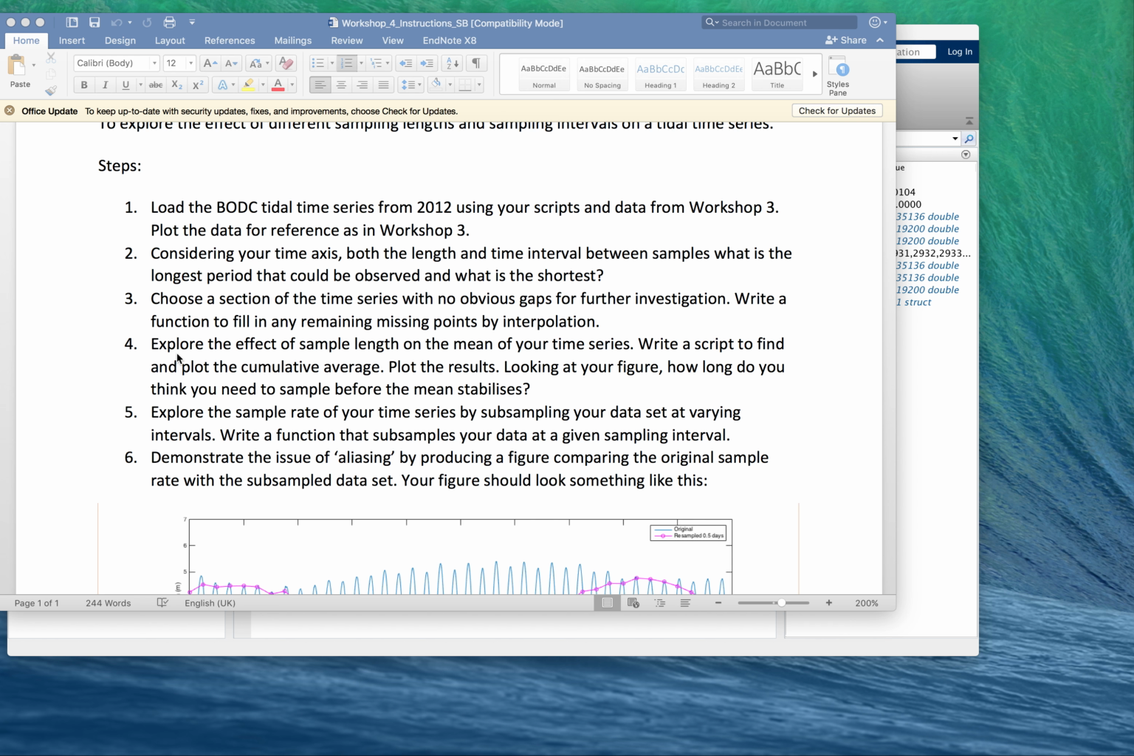And step 4, we look at step 4, it says explore the effect of sample length on the mean of our time series. Okay, so we need to write a script to find and plot the cumulative average, plot the results, and try and find out how long we need to sample before the mean stabilizes. So what does all that mean? Well, if we just refer to